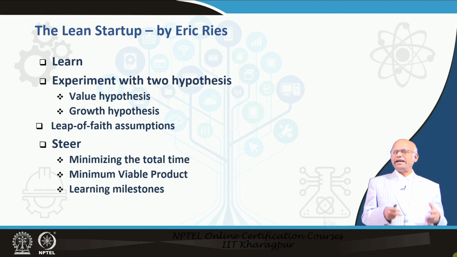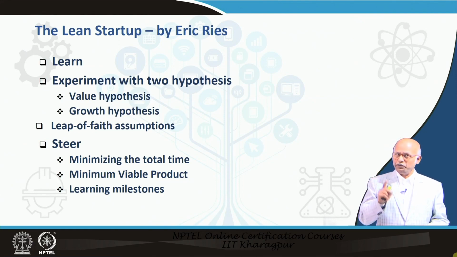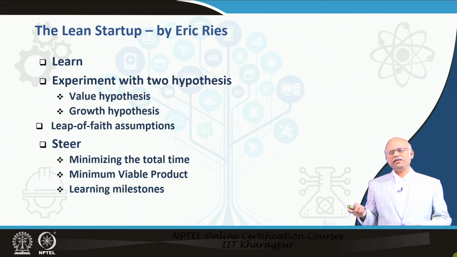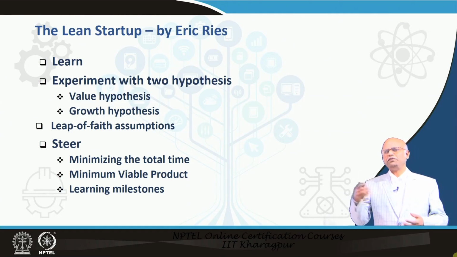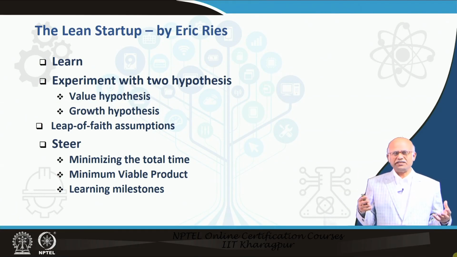So Apple made the leap of faith assumption that people would download music by making payment, and when they came up with the iTunes Store and the iPod, people actually started buying the iPod and paying to download from iTunes, and it was a successful business. Their turnover went up from $10 billion to $50 billion. This is a huge success, because Apple actually disrupted the business model, by which it